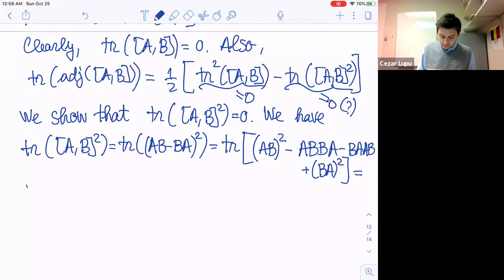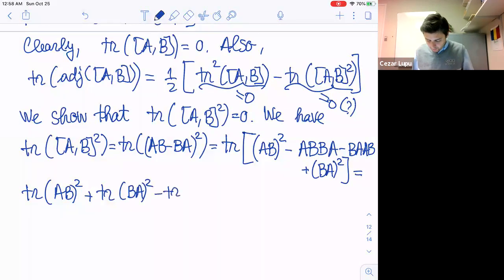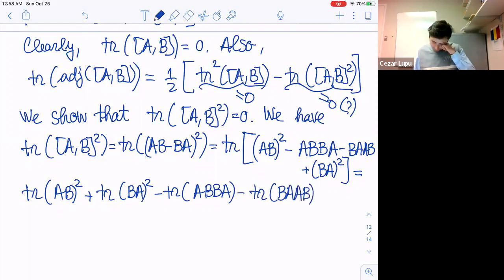So this would be the trace of AB squared, right? Minus, okay, plus trace of BA squared minus trace of ABBA minus trace of BAAB and this would be equal to,